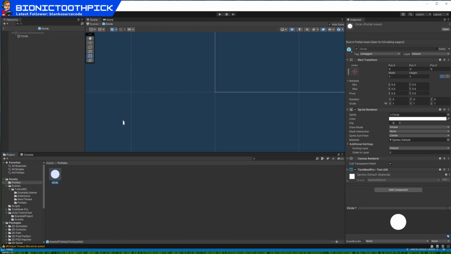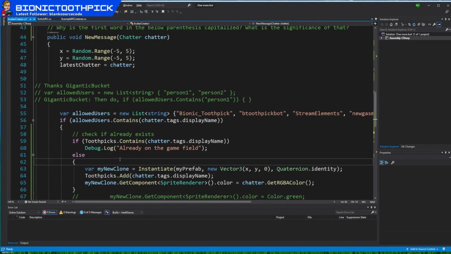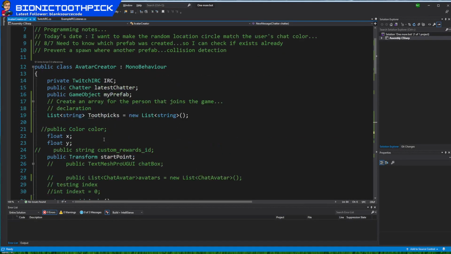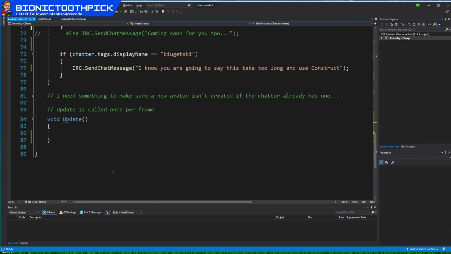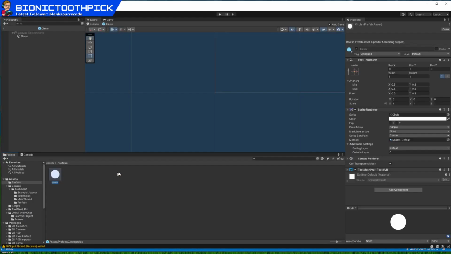Let's go back then into the script. This is where it's creating this thing. Add chatters names blank, my new clone instantiate my prefab. Do I instantiate my prefab with a new vector? Wait a second. What's the variable name in this? Prefab. All right, here's what I want to do. I want this prefab to be able to write a name for it